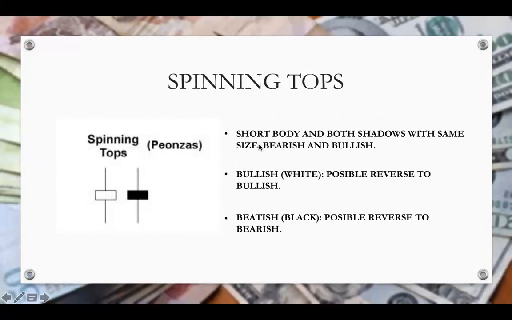Okay, so it has a short body and both shadows of the same size. It can be bearish or it can be bullish, and for the bullish one you can see the position is reversed compared to the bearish one. So it's pretty straightforward. This kind of spinning top means you can see there are kind of two tails